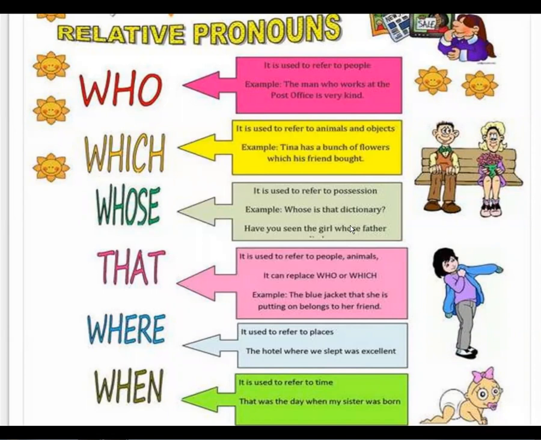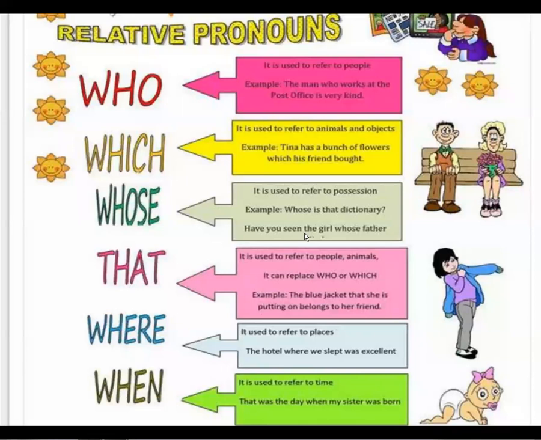Okay, yes, that is absolutely correct. Basically, if you focus here, this is the subject of the sentence, men. And who works at the post office is the additional information given to us about the men. So this is how it is used in a sentence. Relative clauses are also called adjectival clauses, right? So basically, they give us more information about the subject of the sentence. One of the usages is this, and the second is that